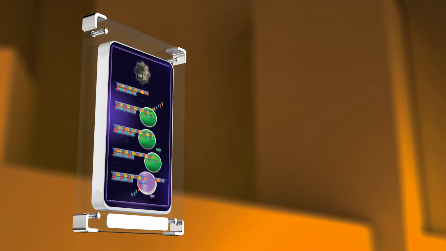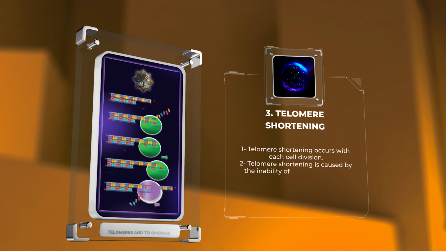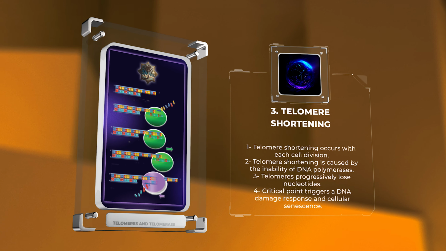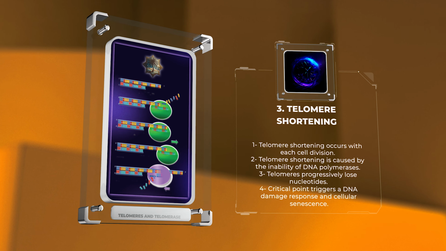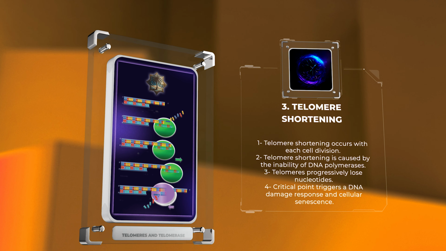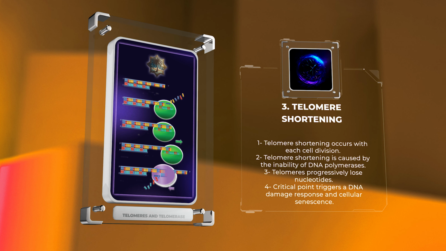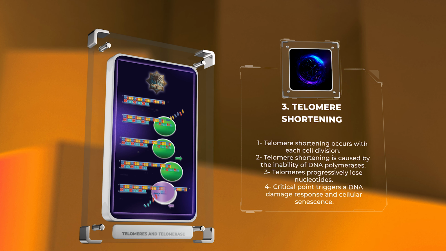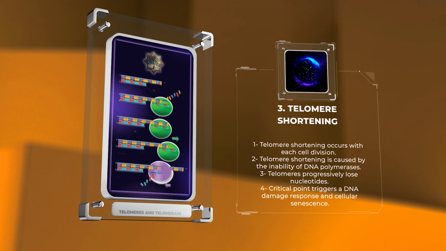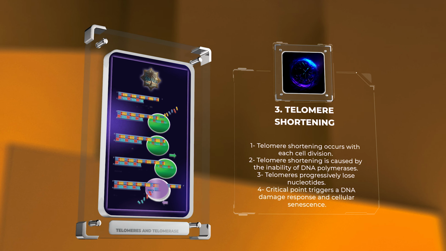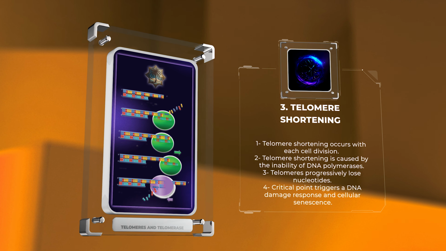Telomere shortening is a gradual process that occurs with each cell division. It is primarily caused by the inability of conventional DNA polymerases to replicate the extreme ends of chromosomes. As a result, telomeres progressively lose nucleotides, leading to a reduced ability to maintain the protective T-loop structure. The critical point in telomere shortening occurs when a telomere reaches a critically short length, triggering a DNA damage response